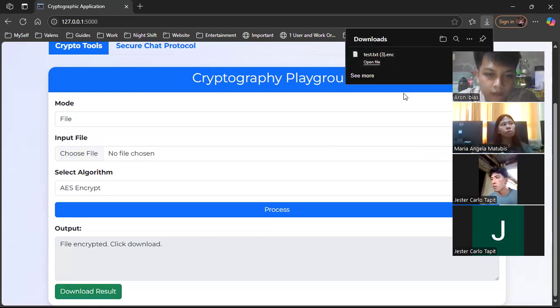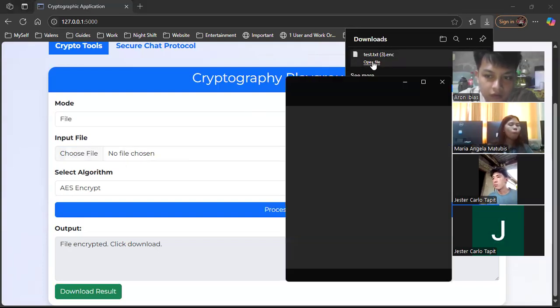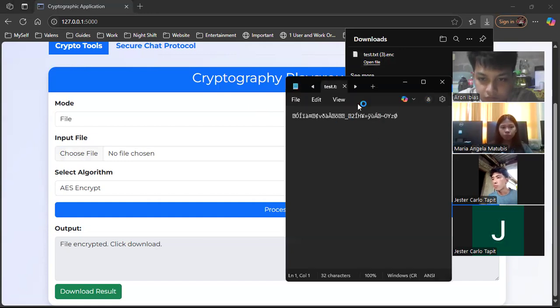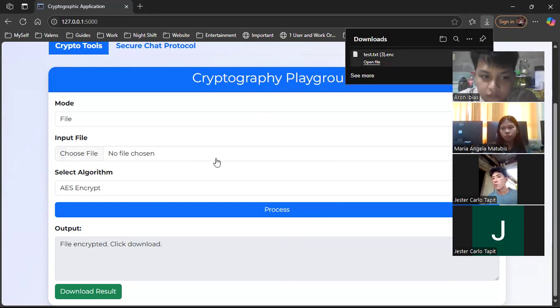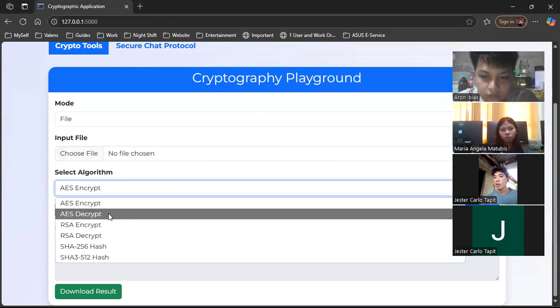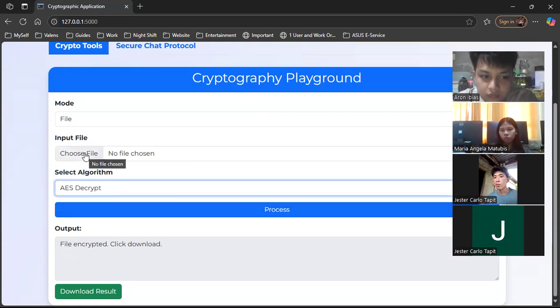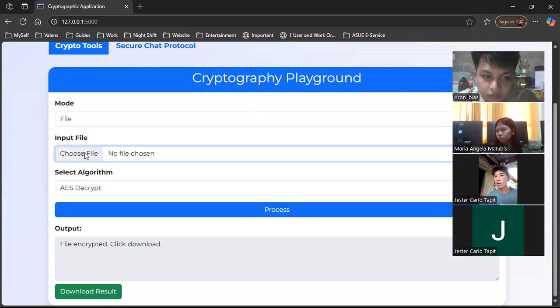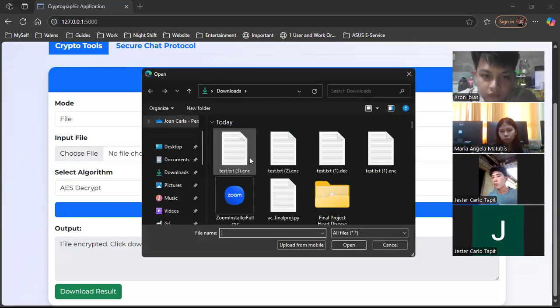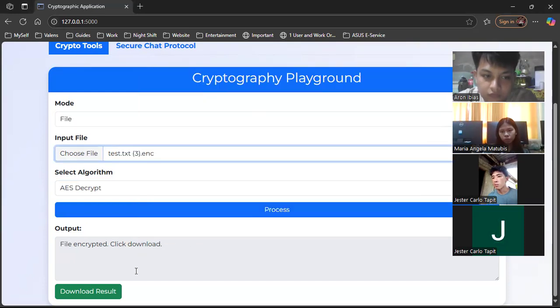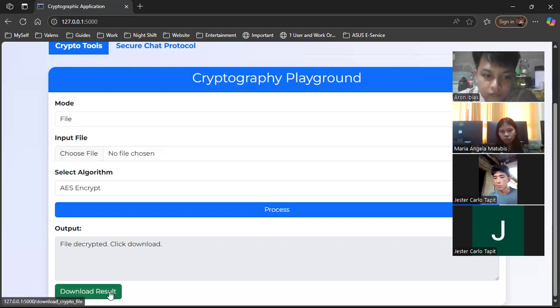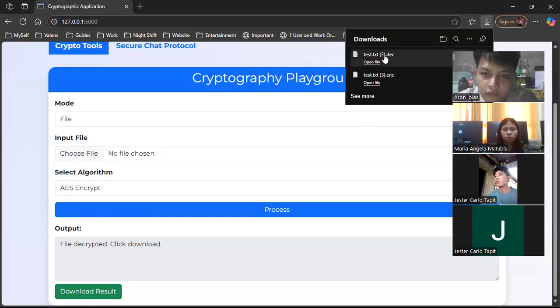In downloading the results, which is the test.txt, we will open the file, and as we open it, it contains this encryption. We will now decrypt it using the same, choosing the file and choosing the test.txt, and we will process it, and we will download again the results.